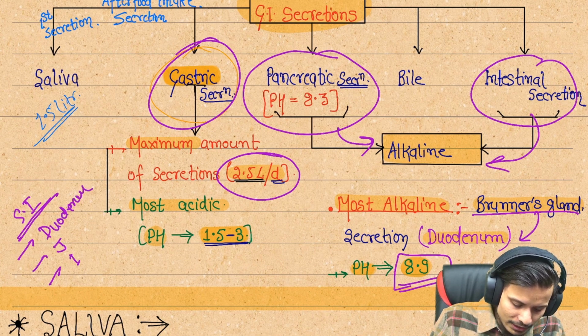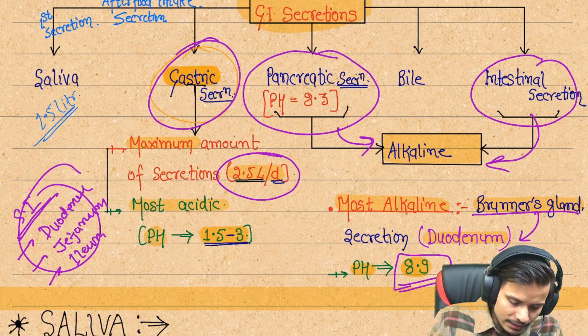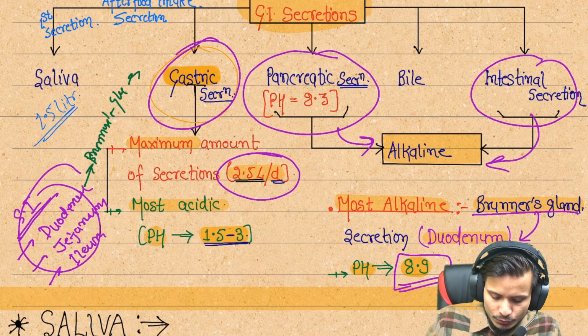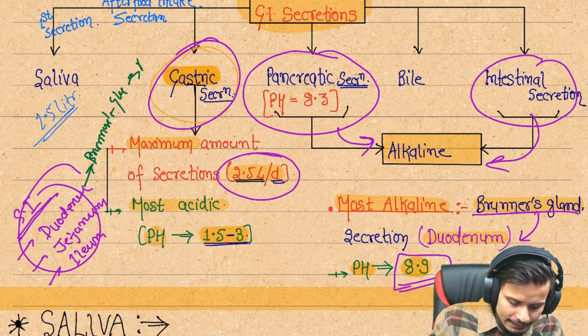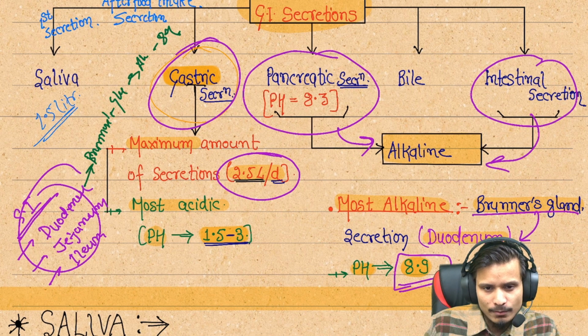duodenum, jejunum and ileum. These are the 3 parts of the small intestine, in which the duodenum has the Brunner's gland, and this Brunner's gland produces alkaline secretion with a pH of 8.9. So this is simple. And in the next part we are going to discuss the different